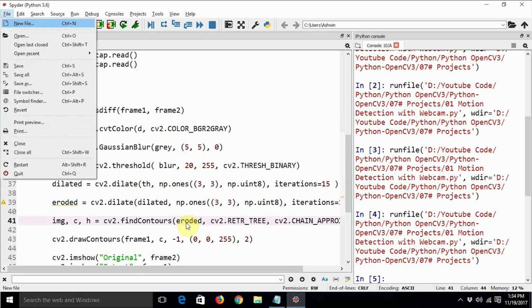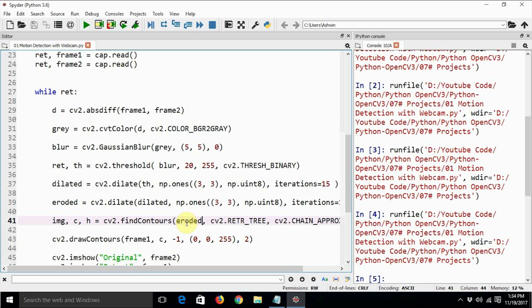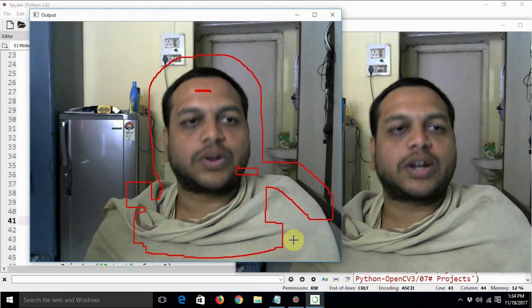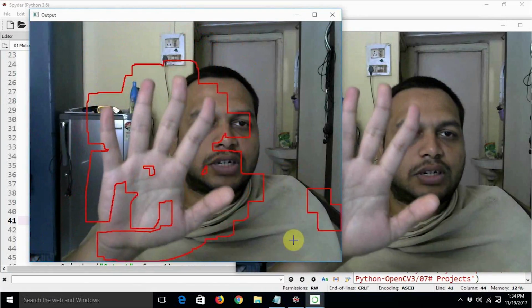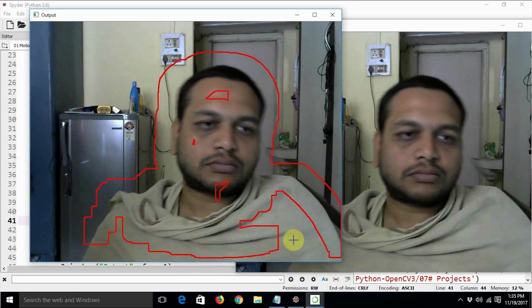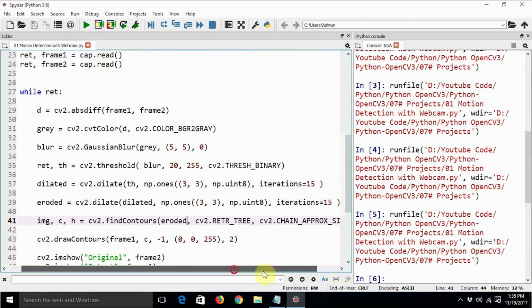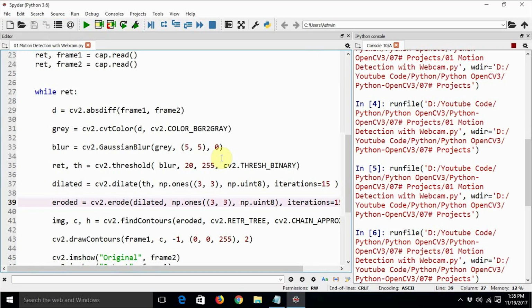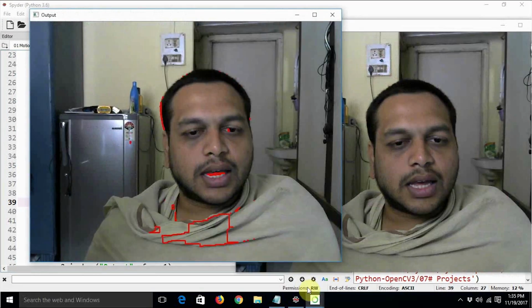So basically you need to keep on trying a lot of stuff in order for this program to work for your environment. It hasn't eroded actually. So we need to apply erosion repetitively. I just say eroded. I did not change the function, sorry. So it would erode now and it will give us the correct output.